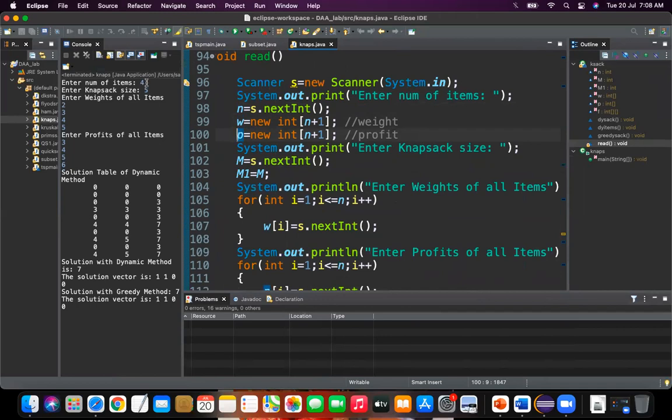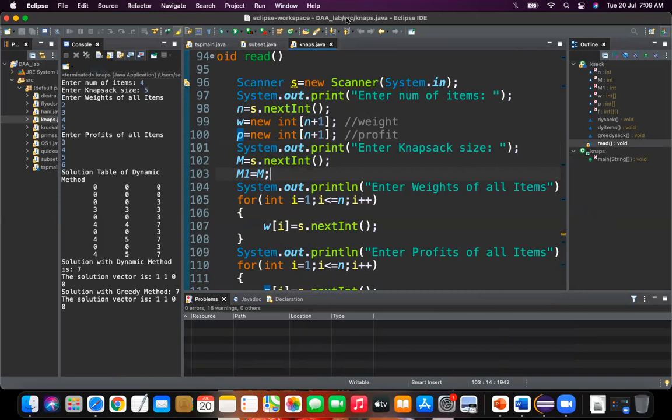First the number of items, and the size of knapsack, that is stored in the variable m. So number of items n, size of knapsack m, and weight array, profit array. W is the weight array, P is the profit array. M is the knapsack size, and the same value I am copying to m1 because you have to find the solution using two methods.